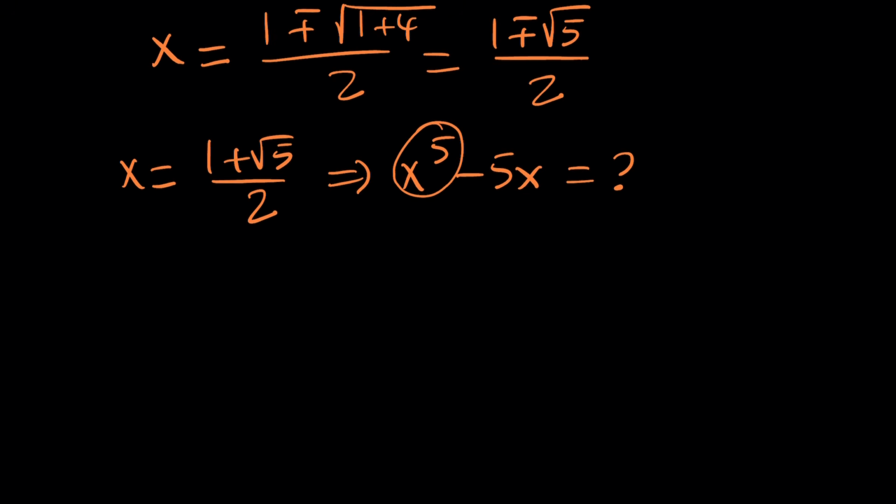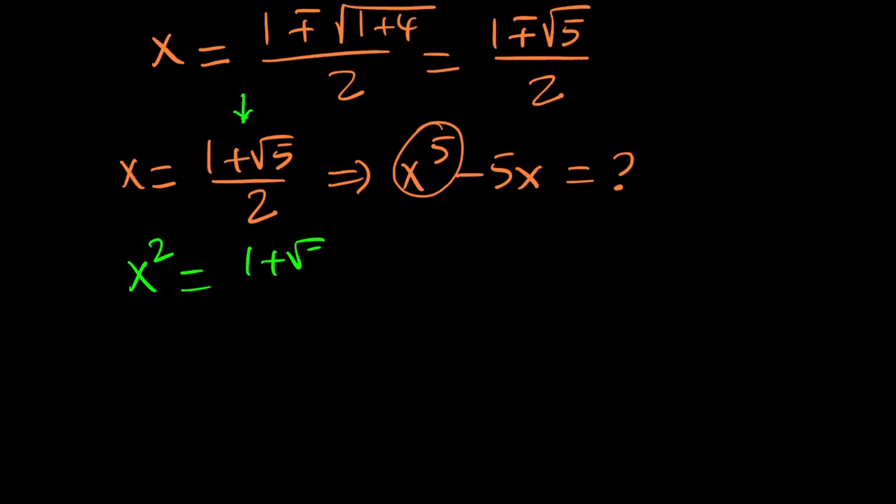I can take the x, raise it to the 5th power directly, and then on the right-hand side here, we must use the binomial theorem. Or I can try raising it to the 2nd power by squaring and then squaring it again, which gives me the 4th power, and then just multiply by x. So let's go ahead and use the second one. I'll take